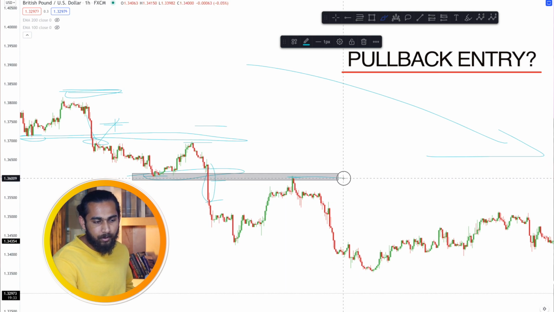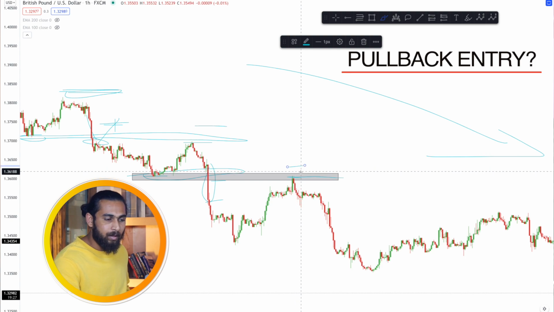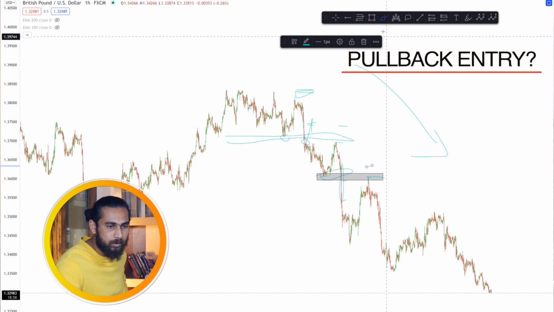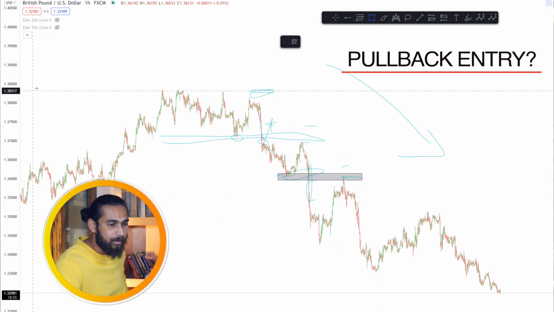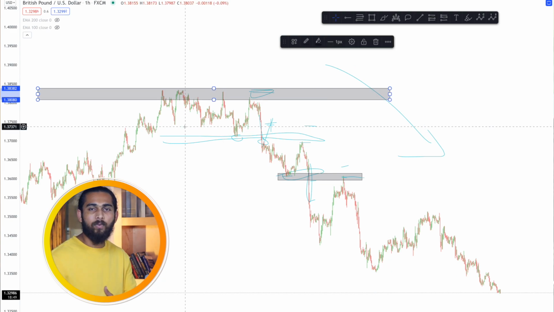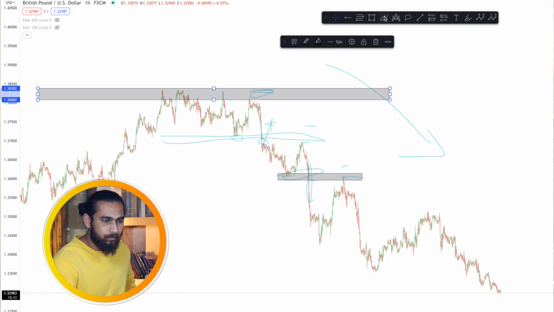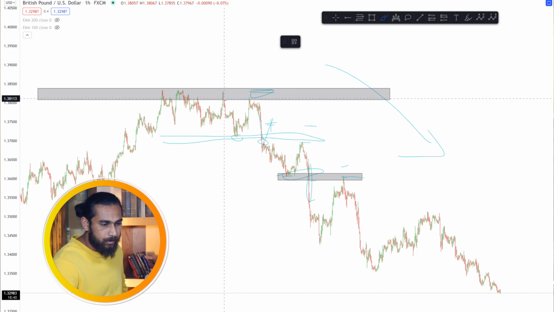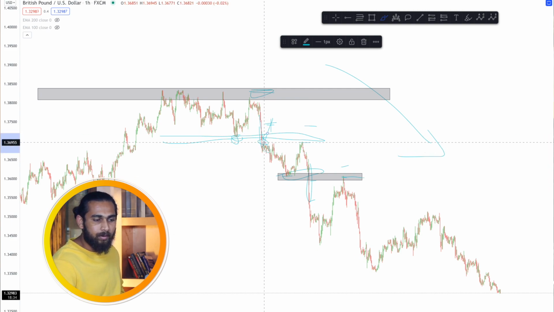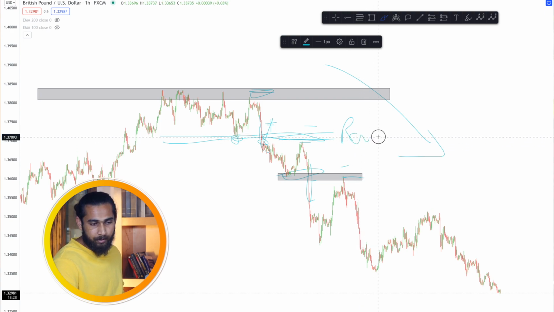Like let us say you entered a sell trade over here. This time you can keep your stop loss a few pips above this level, because this time we have a zone that is an important area. So for important areas, what you will use is a resistance area. So let us say there was a resistance area over here. When you have a resistance area, and if you want to enter into a reversal trade, what you can do is wait for the price to create a lower low and then a lower high, and then when it creates a new lower low, you can enter into a trade, and hence it can provide you with a reversal entry.